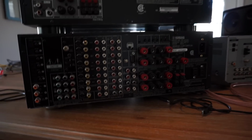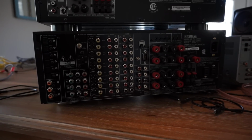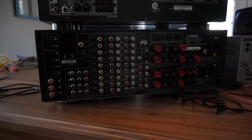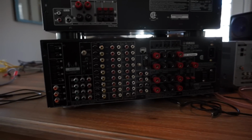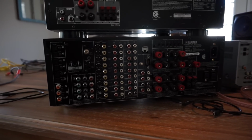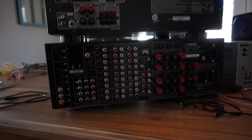Everything pretty much is used as 5.1. You pretty much only need to get into more speakers than that when you want a little bit different sound. For instance, Dolby Atmos is real new right now, and that's when you'll start seeing something like 5.2.2, which will be